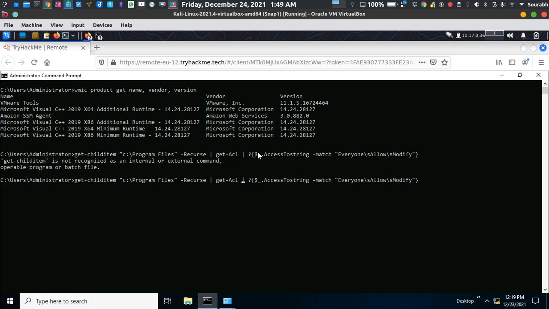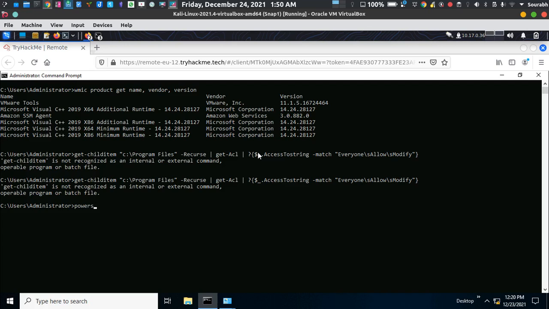Pipeline it to the access, Select-String, match everyone, Allow, Modify. Okay, so I think we need to go to PowerShell for this.